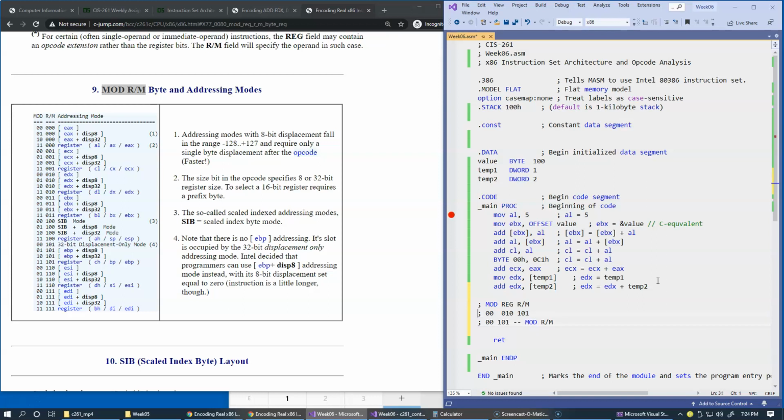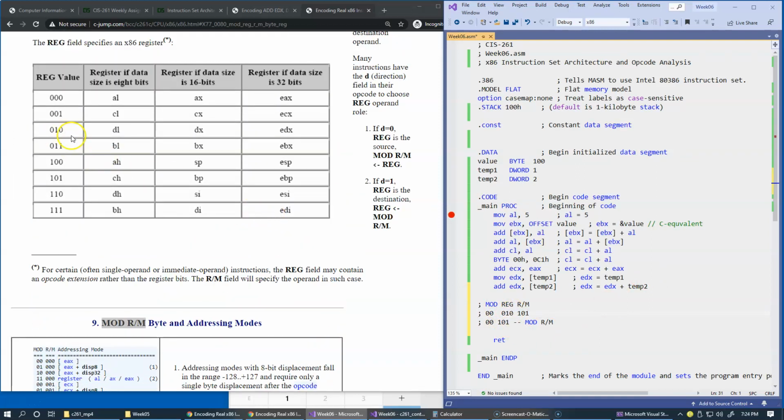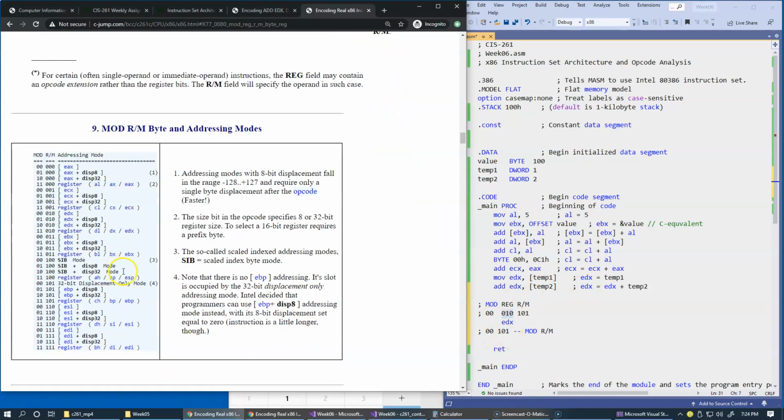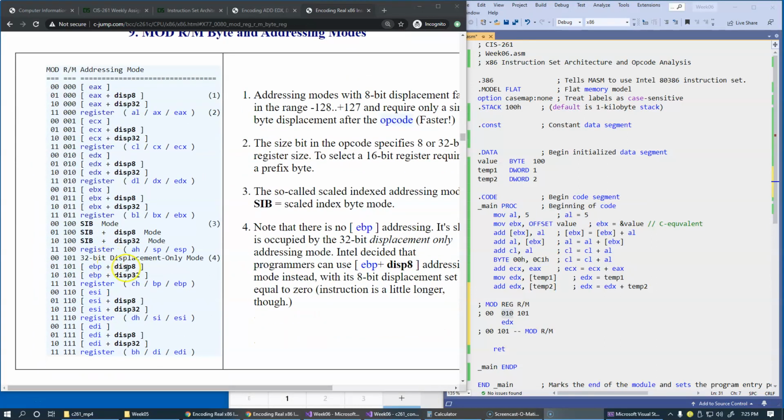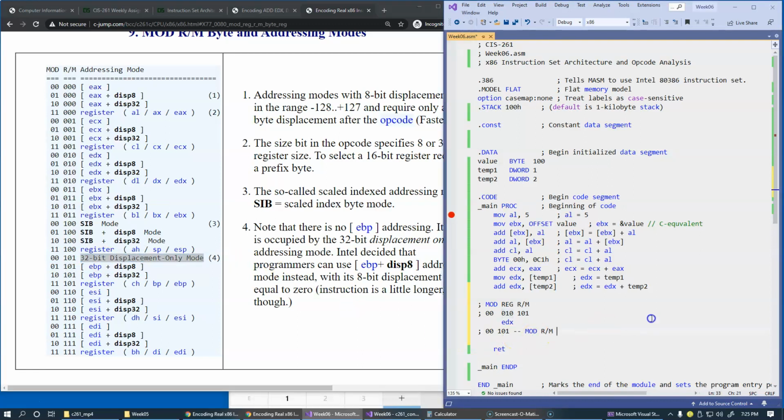And of course the reg field is 010. So let's take a look at 010, and it's indicating EDX. Okay, so this field right here indicating EDX, and 00101, right? So if I resize it, 00101 indicating 32-bit displacement only mode. Okay, so this indicating displacement only mode,